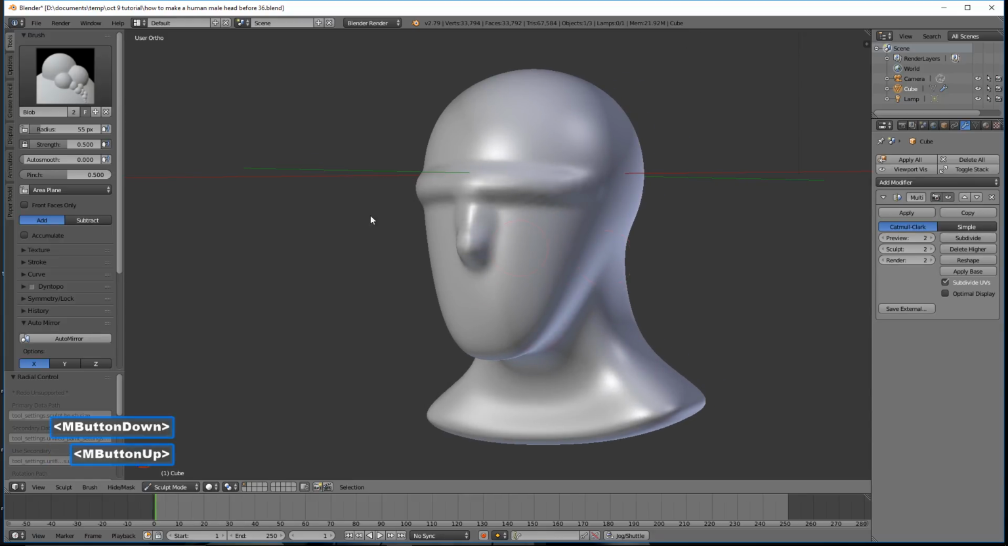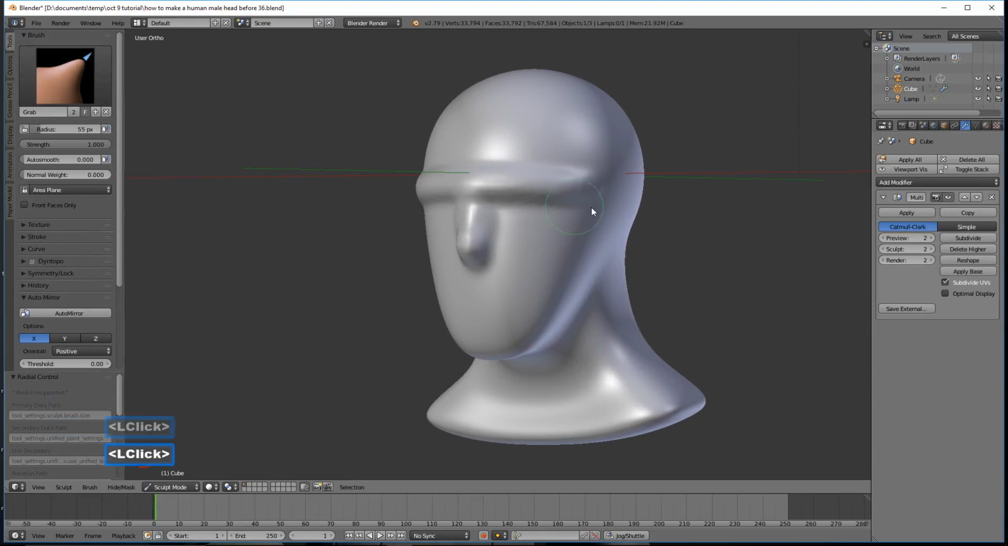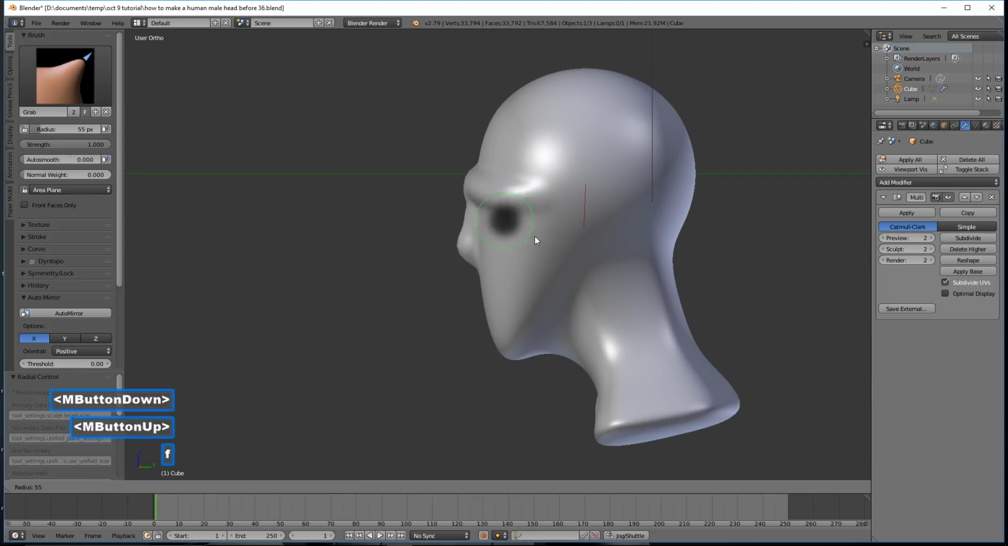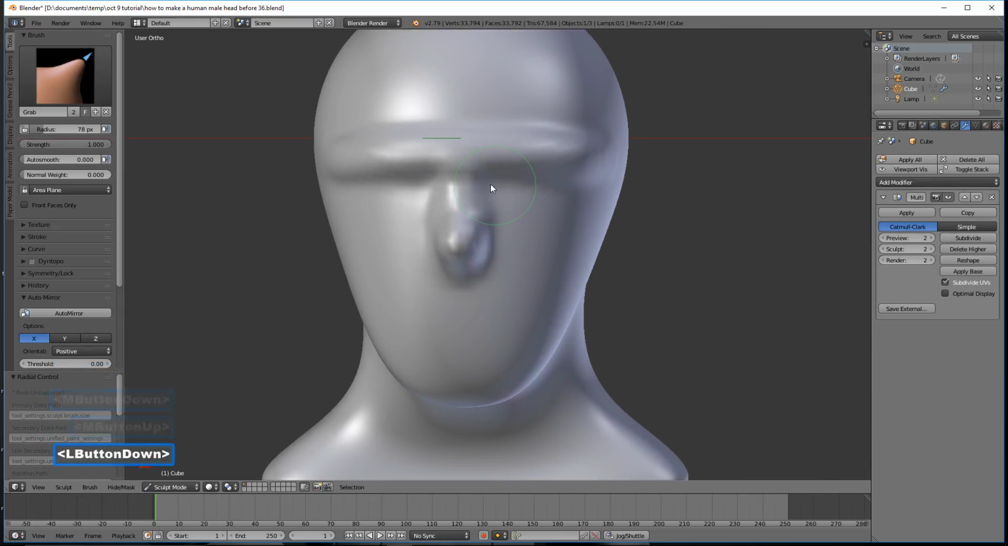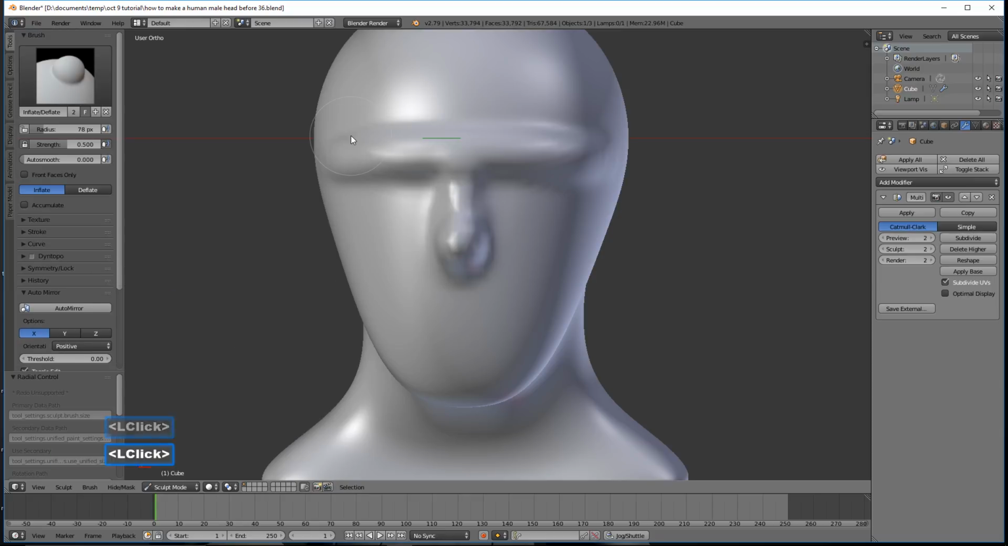What we're going to do now is click here, go to our grab brush. We're going to press F to increase the size. We're going to grab the tip of the nose and pull that out like that. I'm going to zoom in. I'm going to pull the nose in a little like that. We're going to click here. We're going to go to our inflate brush. We're going to bring out the area here